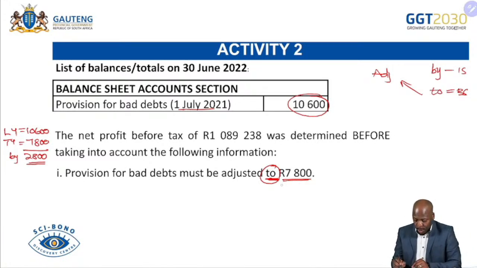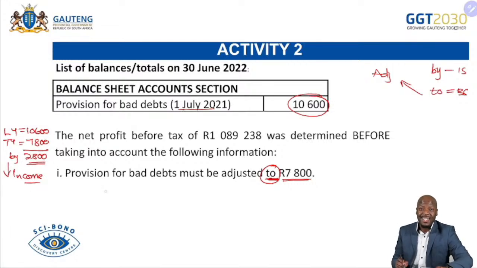Okay. So in this particular case, remember we're preparing the correct net profit. Okay. So what we want is the adjustment amount. What has it increased or decreased by? Not the to. The to goes to the statement of financial position, the balance sheet. But what we want is the by. What is it increased or decreased by? In this particular case, it has decreased. And when it's a decrease, you remember what I said earlier on? A decrease becomes income. So we're going to get an income of